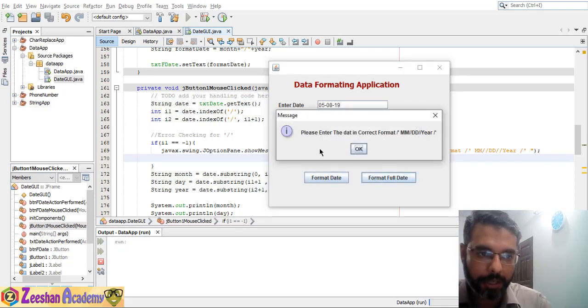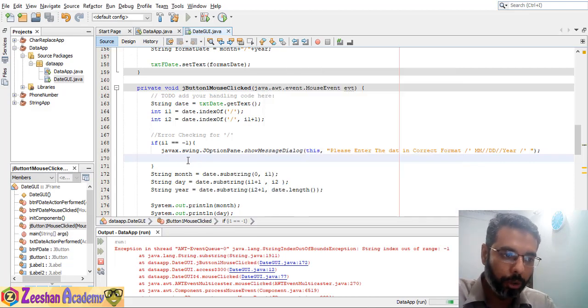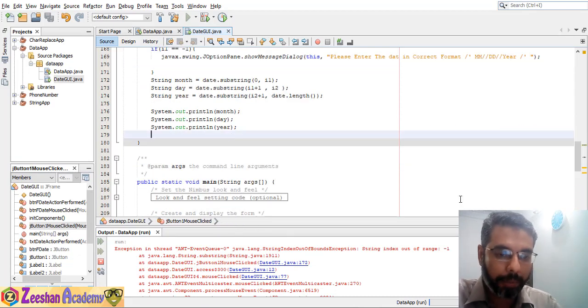Okay, so I get an error message. Please enter the date. Dat, not date. Bam. All going wrong. In a correct format again. So you get the idea basically. So we pop up a message and then there is an exception which we actually need to ensure that it's not thrown. All right. So anyway, this is how we can do a simple error checking. Now coming back to the task,